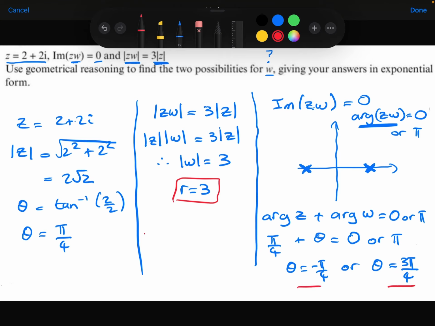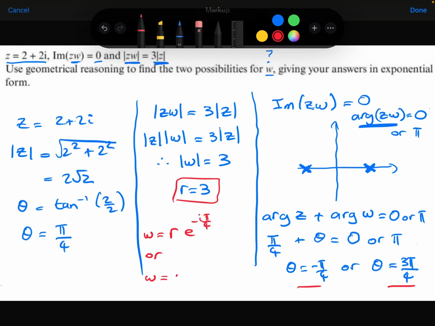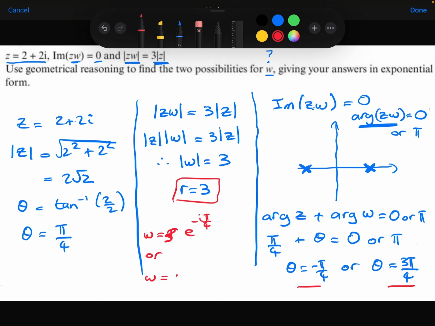So I can say then that w is going to equal either 3e to the minus i pi over 4, or, oops, sorry, that should be a 3, not an r then, 3e to the i 3 pi over 4. These are the two possibilities